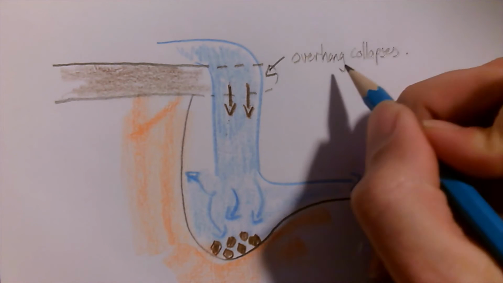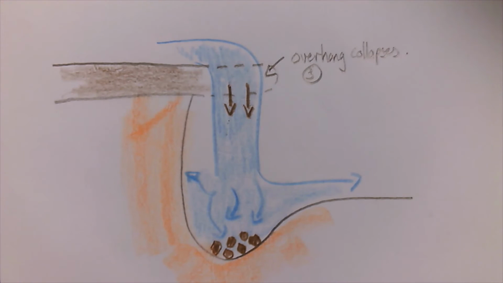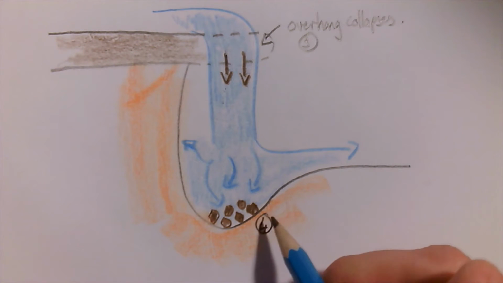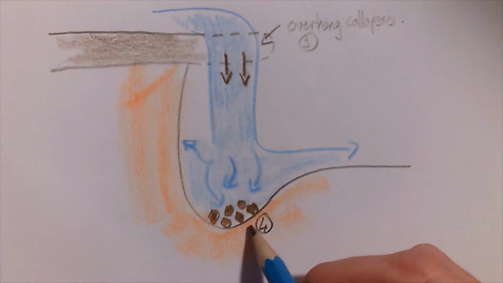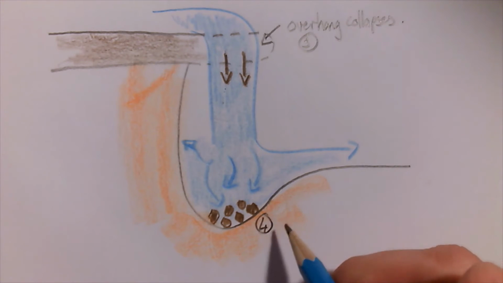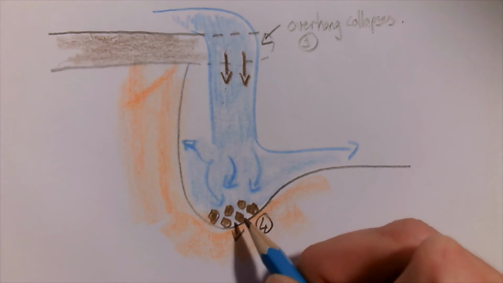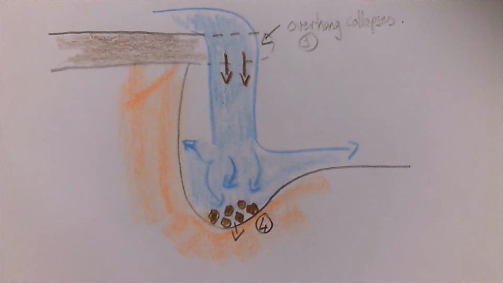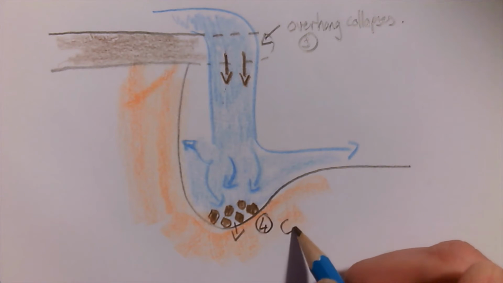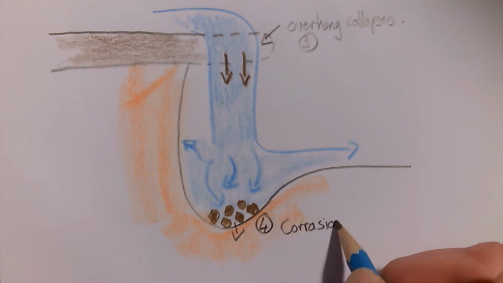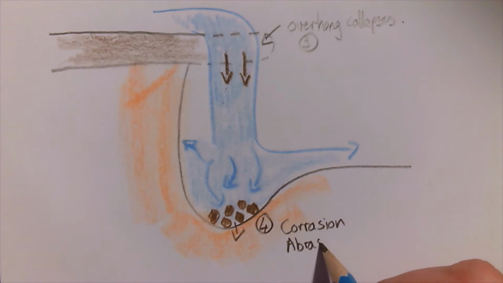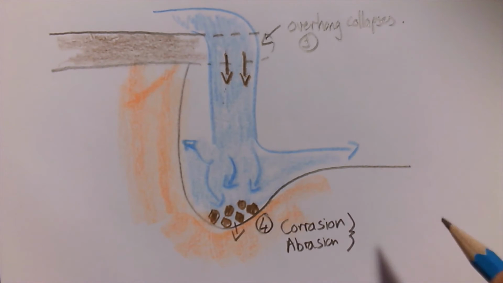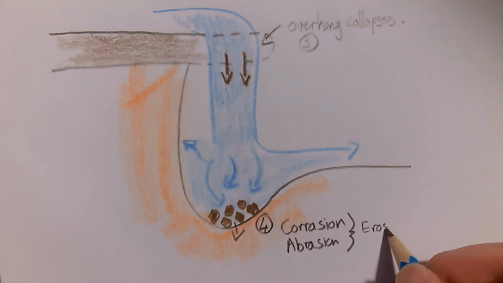And that is what we can say is our third stage. Fragments gather on the riverbed, can be our fourth stage. Now what happens here is that those fragments being rolled around, moved around on the riverbed are going to erode it downwards and drill the riverbed downwards through the processes of corrosion and abrasion,